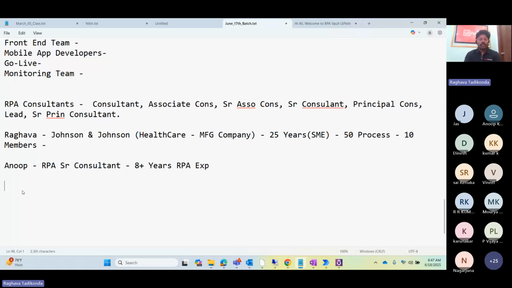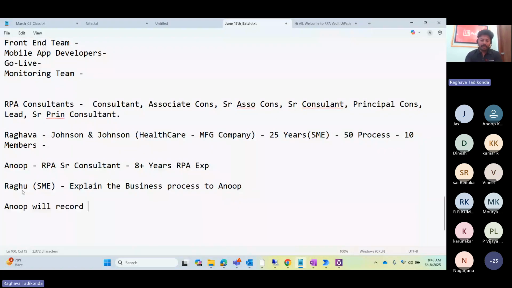Now what I'll do, Raghu, as I'm a subject matter expert, I will explain the business process to whom? To whom, guys, I'll explain? Anup. Then what Anup will do? Anup will record the business process steps, and then analyze the business process, understanding. And analyze means nothing but understanding the business process steps,